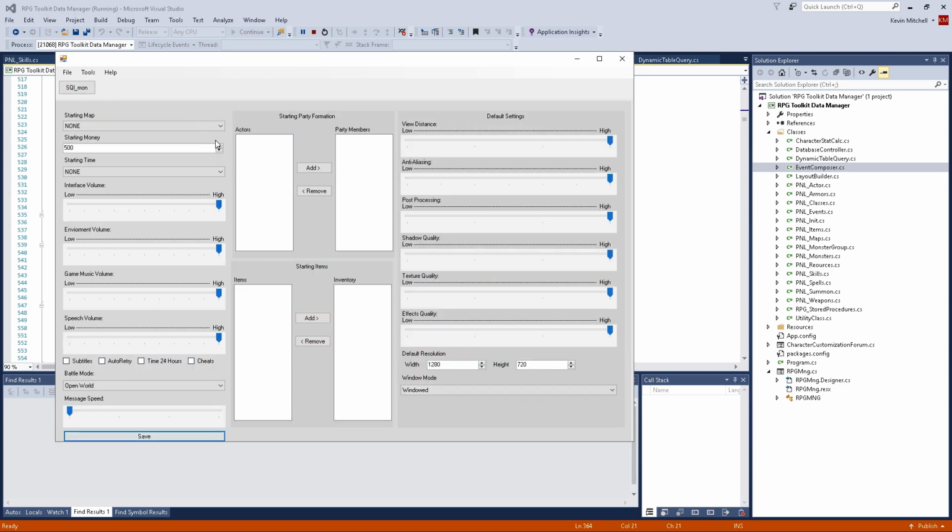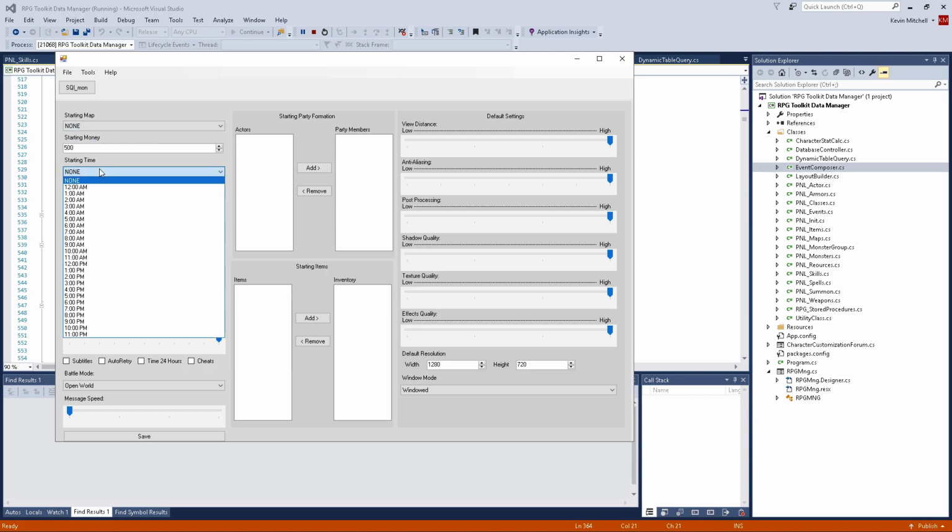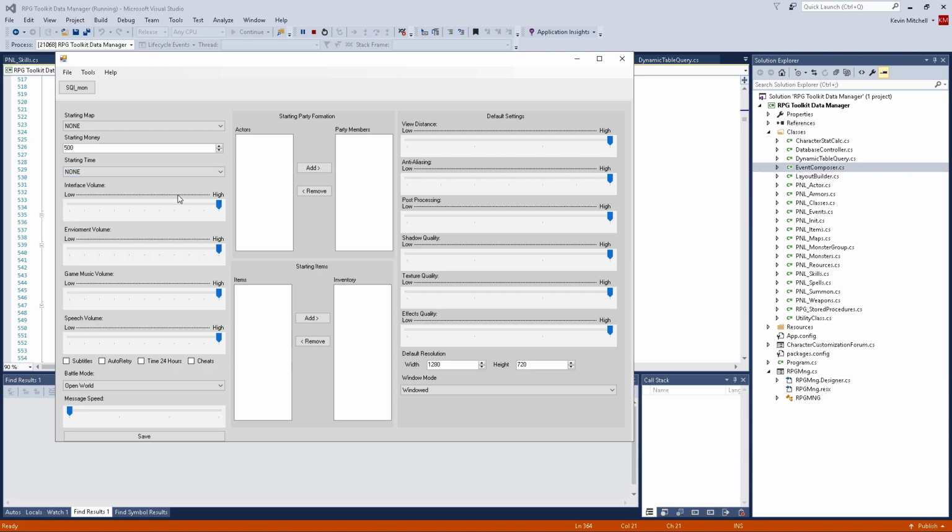We have the initialization data. So this page will tell you in general who are the starting actors in your party when you create a new game, what's the starting map, how much money you're going to start with, what time of day you want the game to start at, the different volume levels you want to be the default, whether you're going to have subtitles on or not, auto replay,